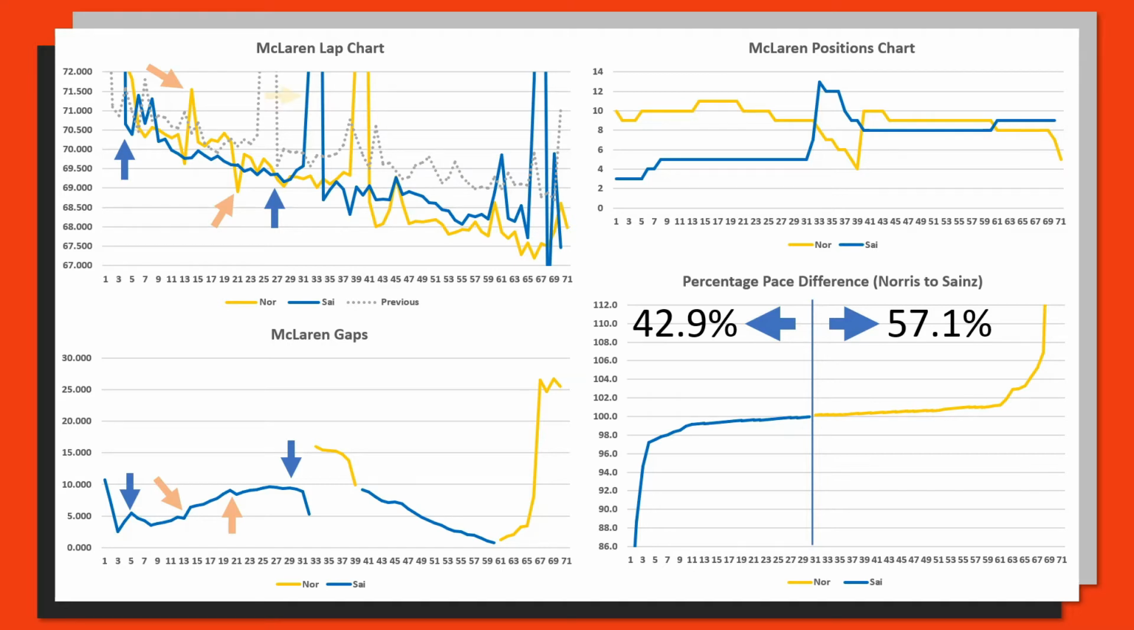Then Carlos Sainz is the first McLaren to pit, shown by these two steep increased blue lines here, which is shown on the positions chart with him losing, position 5 down to position 13. He lost 8 positions in his pit stop phase. And this pit stop did mean that Carlos Sainz was no longer the lead McLaren, which is evident by this little void in the graph here, and Lando Norris jumping to a well over 15-second gap over Carlos Sainz just